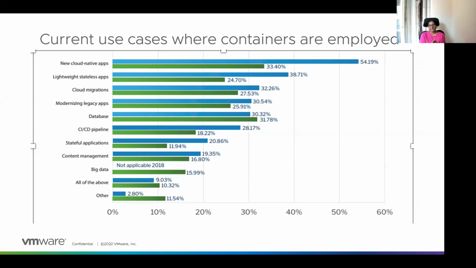Say for example, I have my laptop, right? It has only one disk, which is my home directory. But if you have Windows, you can have something like a C drive, and if you have another disk, it can come like a D or an E drive. Similarly, when you have a database application, there will be another E drive or D drive kind of mapping, so that the actual database related data will come onto this drive. And even if the C drive goes away, you still have the disk with the data. So it will be easy for you to just take this disk and connect it to something else